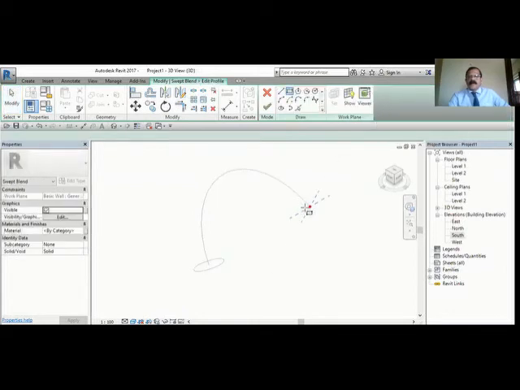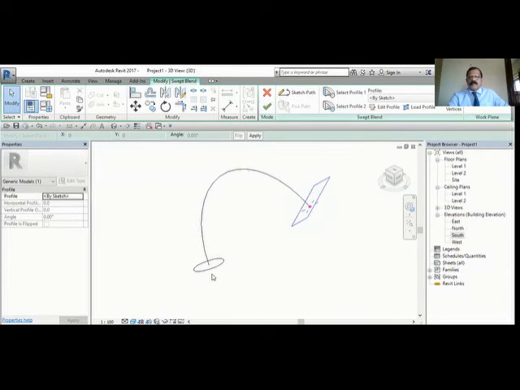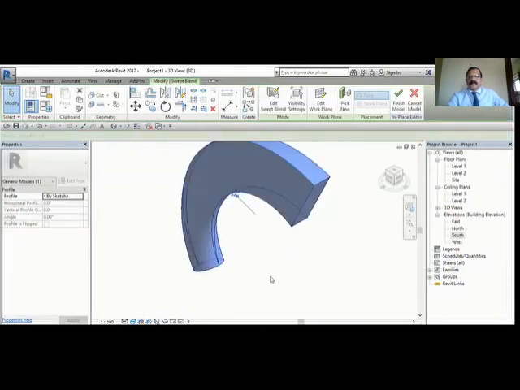I will draw a rectangle here. Okay. So I have two cross sections. One here, one here. And there is a path. So it created a 3D object from the circle to rectangle with the curve you specified.